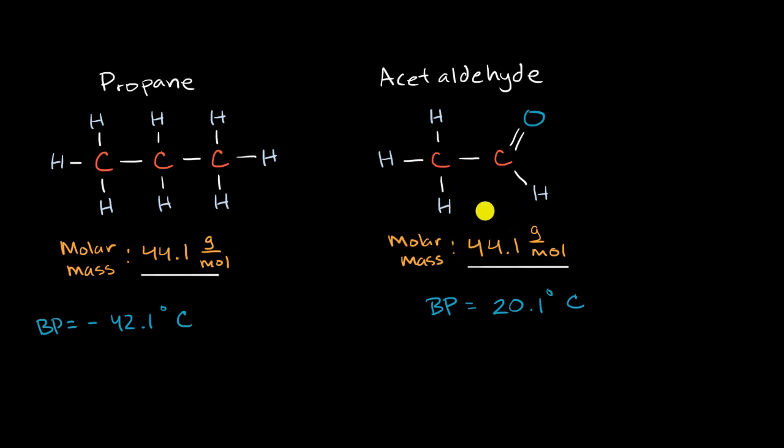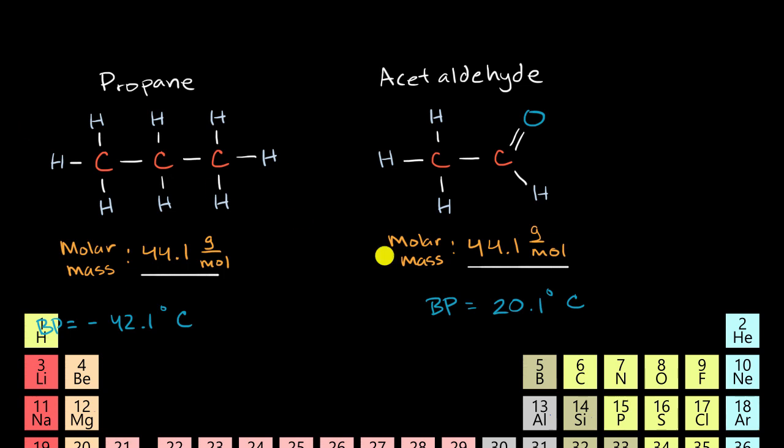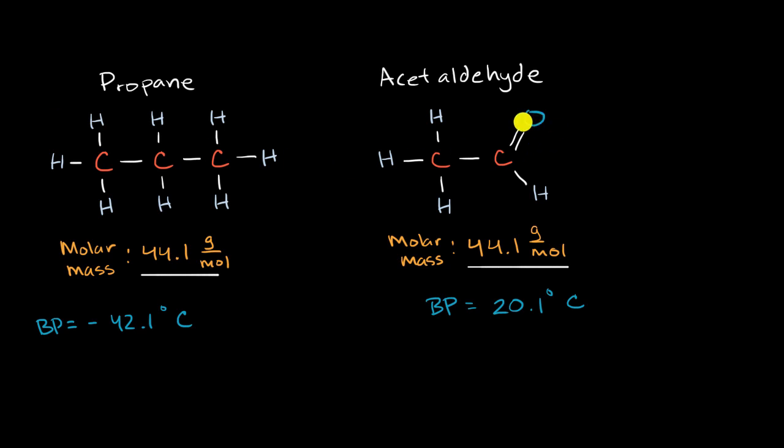How do I know that? Well, anytime you see a molecule that has a very electronegative element like oxygen or fluorine or nitrogen, and you can see them on the periodic table of elements. You can see these elements right over here in the top right. These are some of the most electronegative elements. They like to hog electrons. So anytime you see some of those characters, they are likely to hog the electrons, to have the electrons spend more time around them than the other elements, the other atoms that they are sharing electrons with.